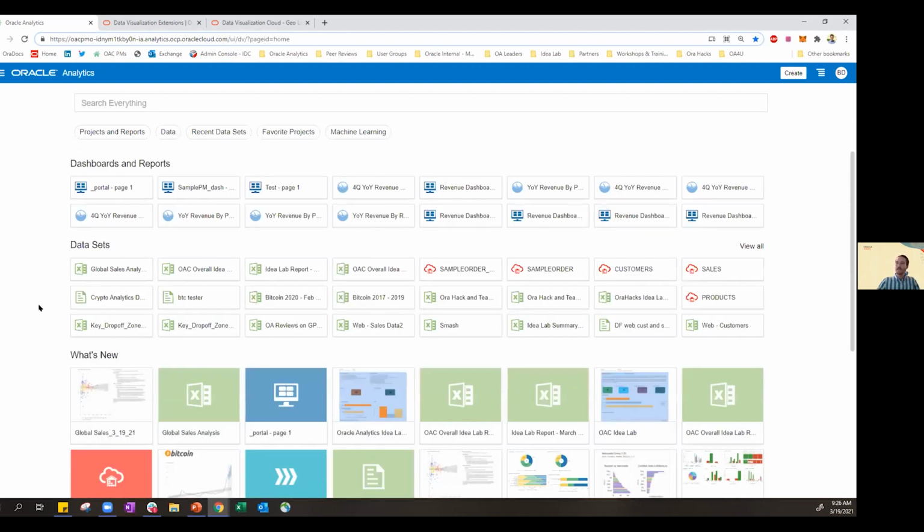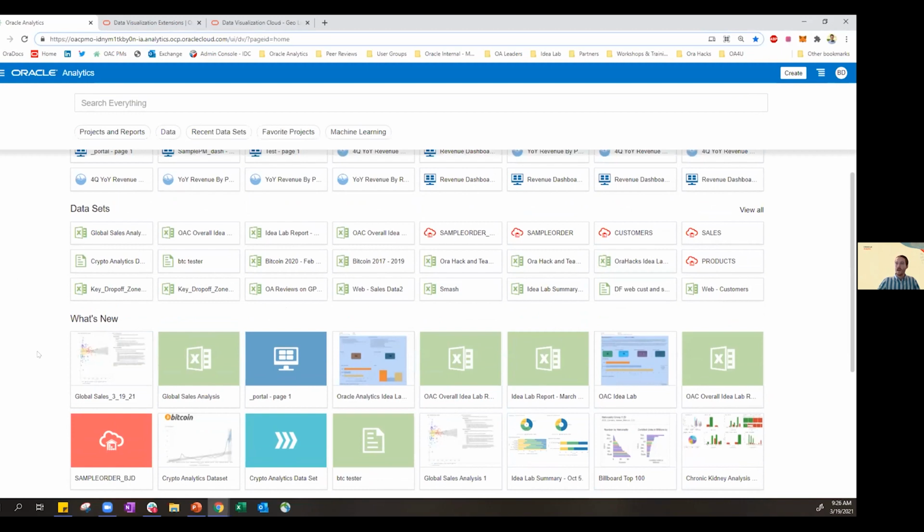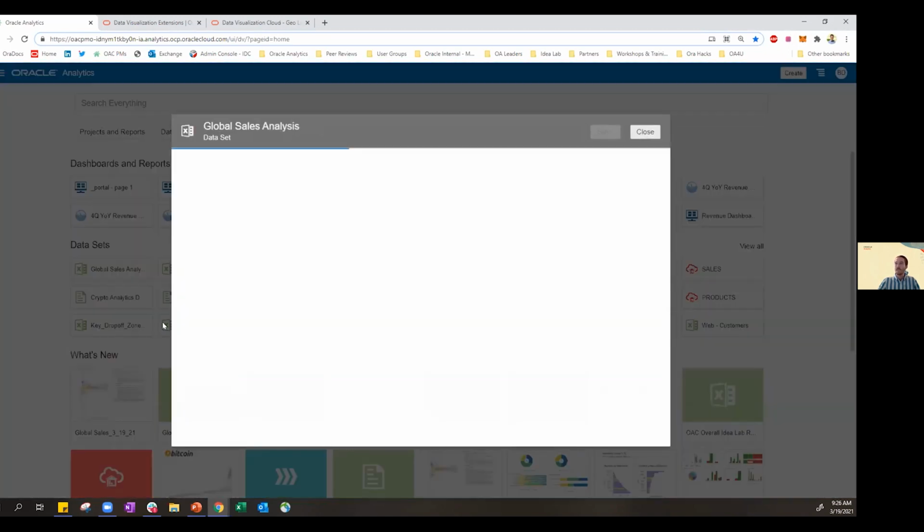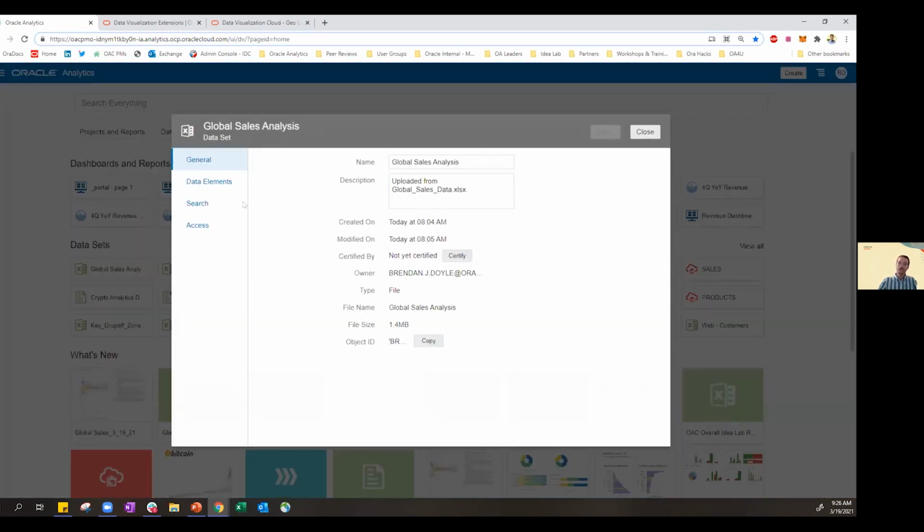But heading back to the home screen, I also want to show some of the governance that Barry was mentioning. Earlier today, I created a different analysis of global sales, but I want to make sure that my colleagues who need to see these reports can access them based off their specific roles. So I'm going to click the hamburger menu and click inspect on this specific data set. First, I'm the owner of this data set, so I'm going to certify that this is the correct data set we should be using going forward, so that all my colleagues and teammates know that this is the true data point to use. I'm really aligning with that data governance aspect.